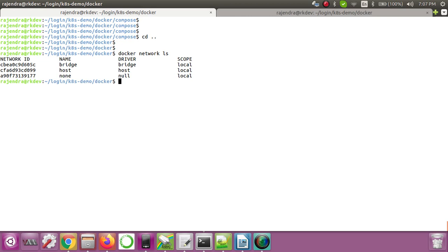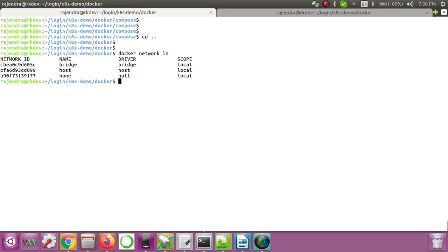So let's say if you have thousands of containers and you use the host network type for every container, all those thousands of containers are going to occupy the IPs from this host machine network. So we are unnecessarily wasting the network resources, which is not a good thing. If you have hardly 2-3 containers, you can definitely use the host network so that your application will be directly accessible.